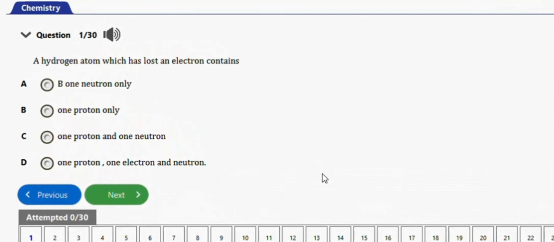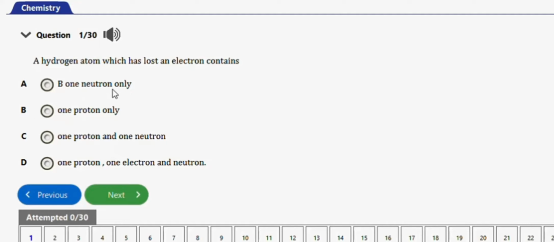In this video, we're going to learn how to solve chemistry questions on protons, electrons, neutrons, mass numbers, and isotopes. So we have 27 repeated questions to practice with in this video. Let's get started. The first question I have here says, a hydrogen atom which has lost an electron contains